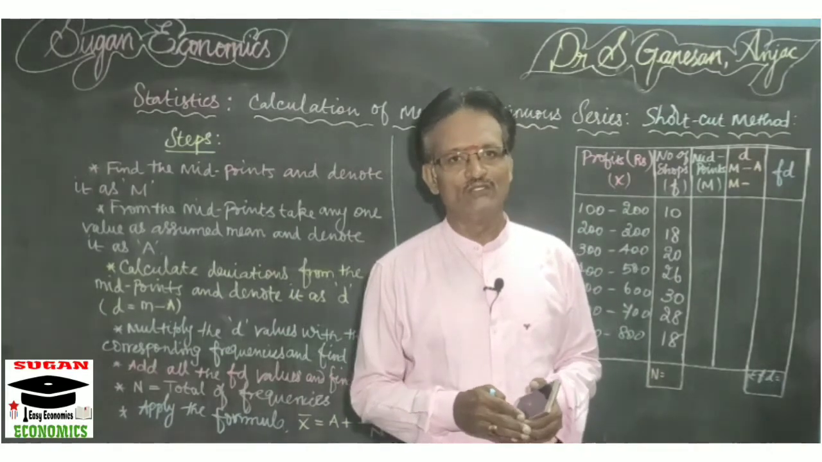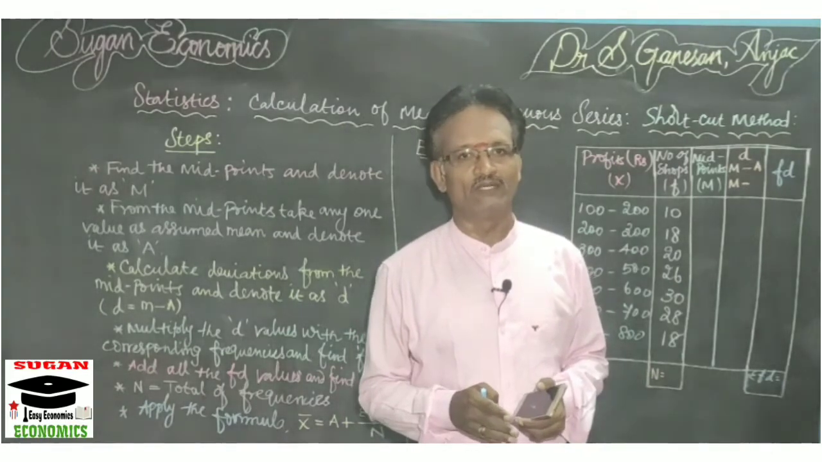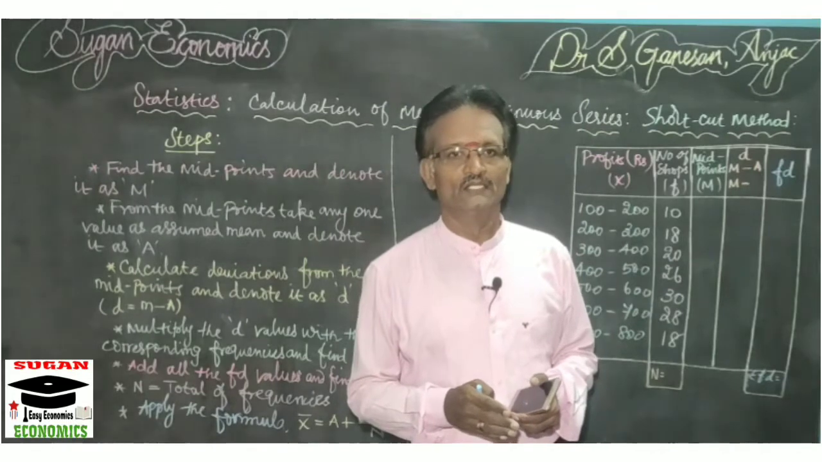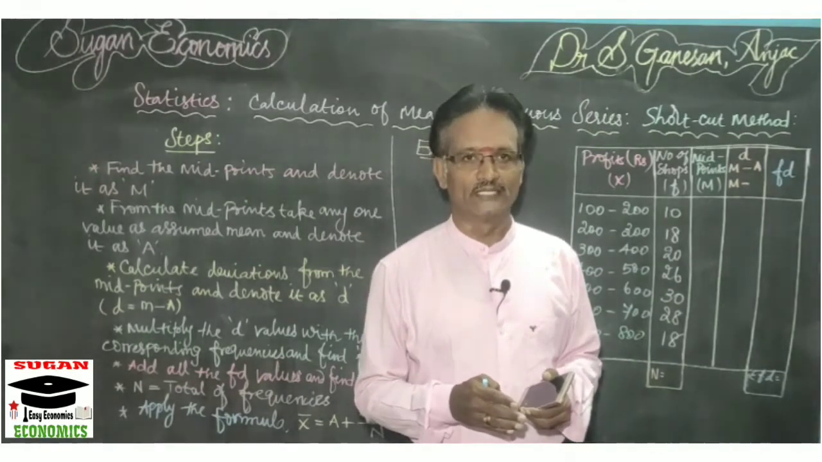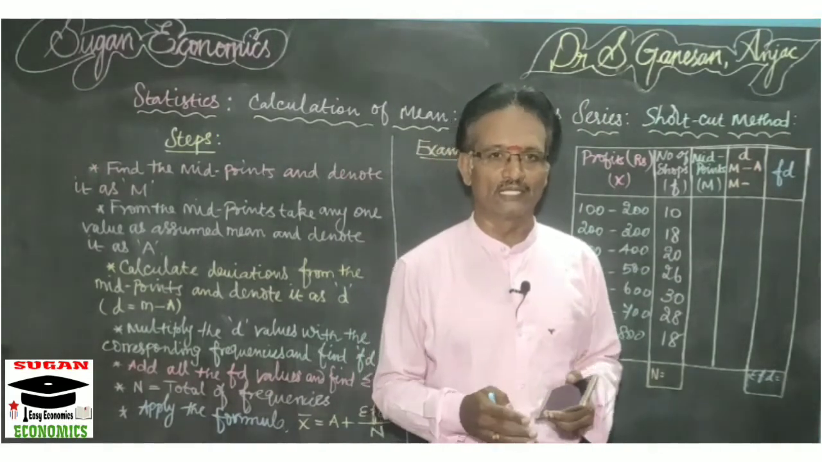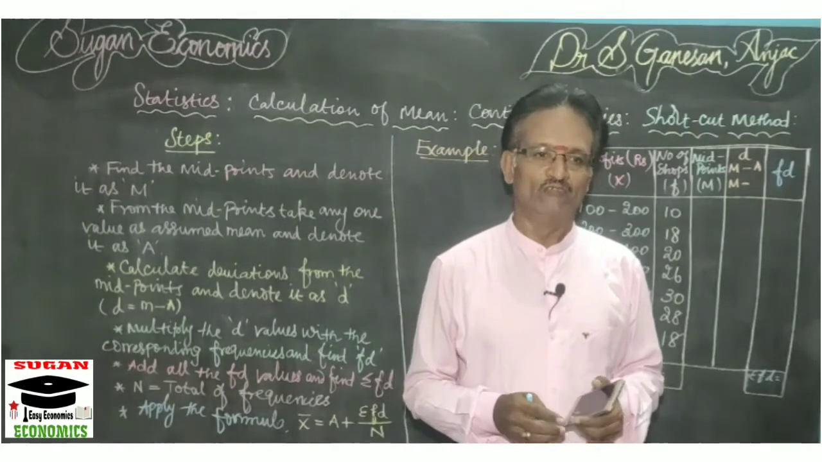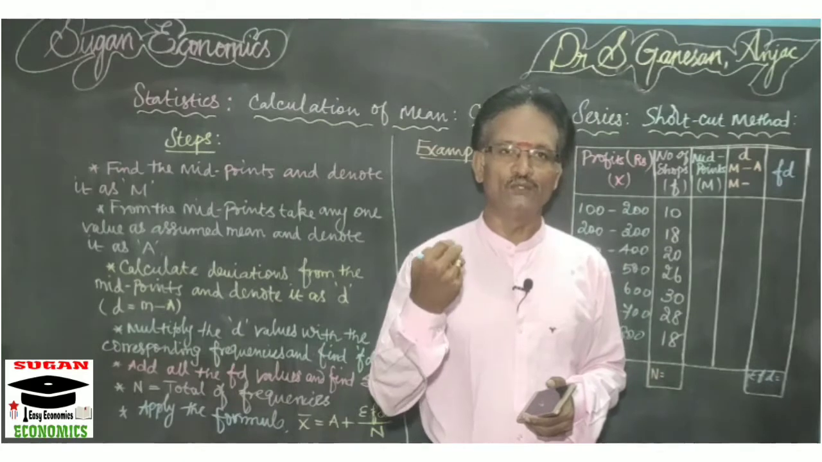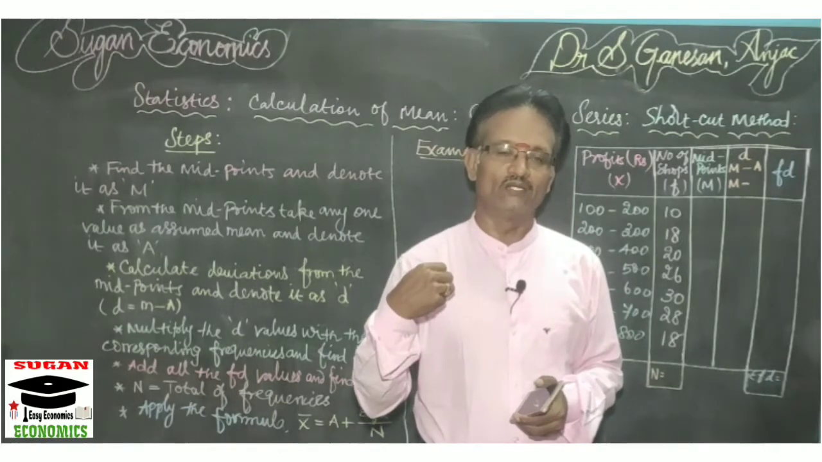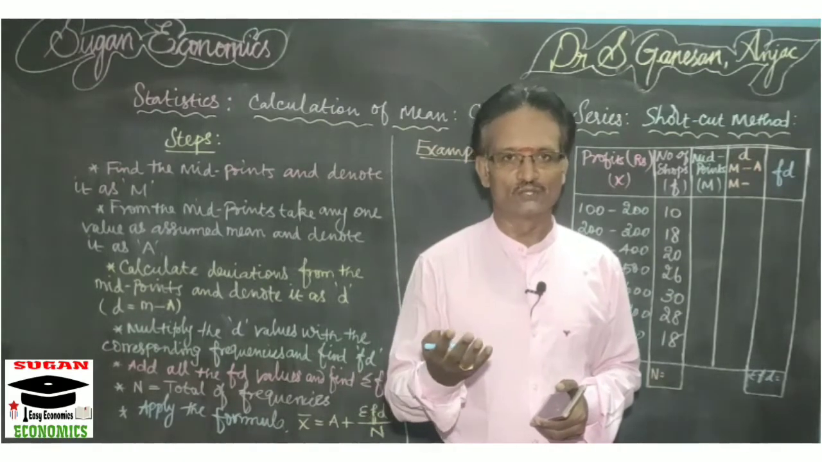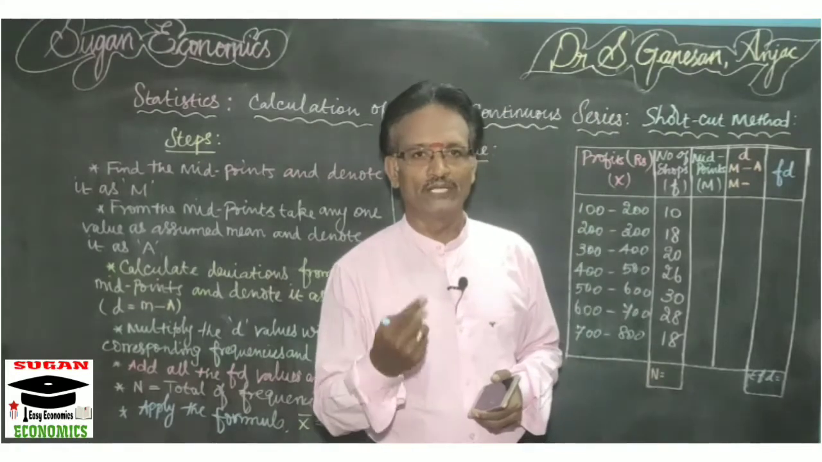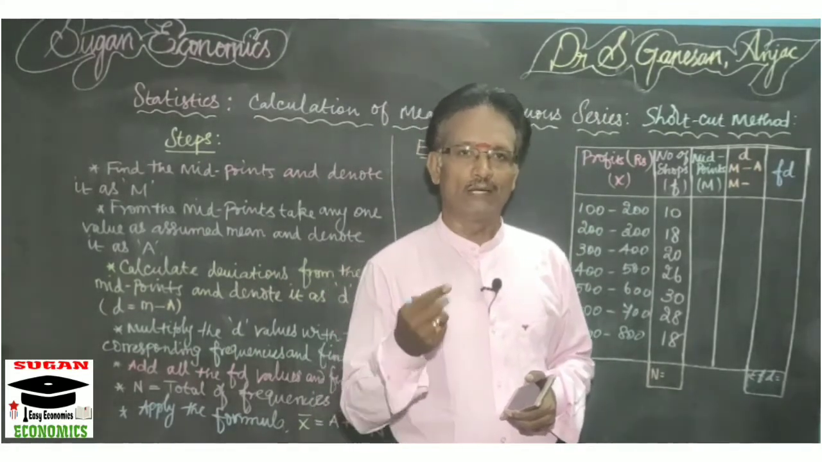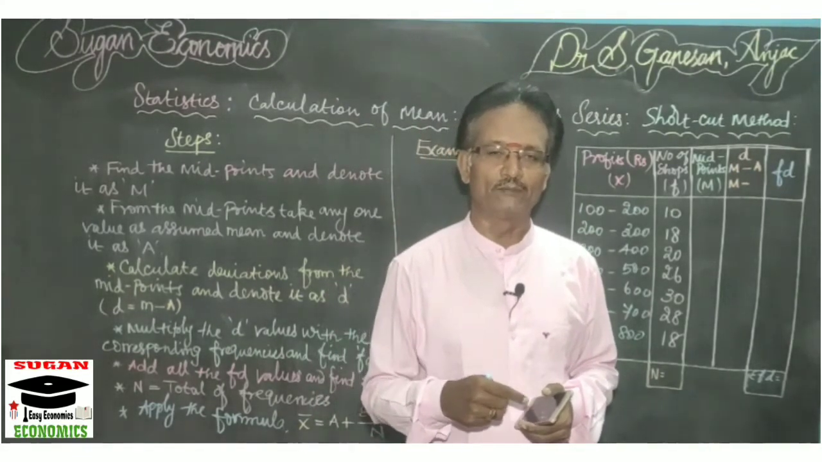Suppose the values are bigger in number. At that time it is very difficult for us to do the addition, subtraction, multiplication and other things. The mathematical calculation will be somewhat tedious when the values are bigger in size. So at that time we can use either the shortcut method or the subdivision method. In this video I am going to explain how to apply the shortcut method and calculate arithmetic mean